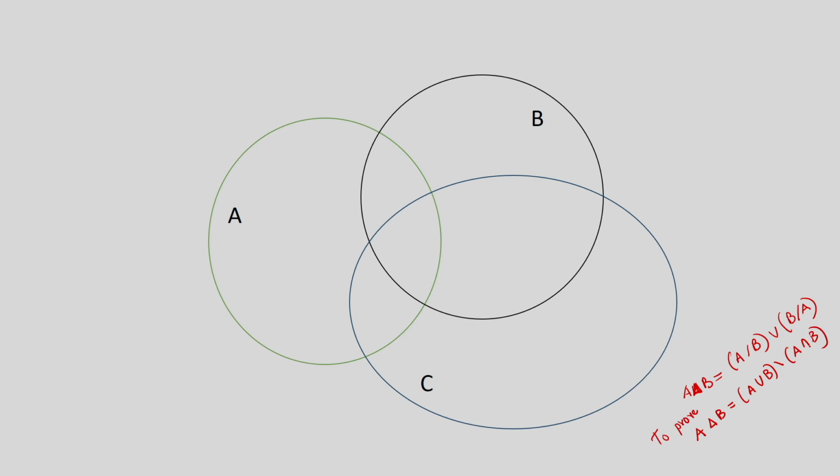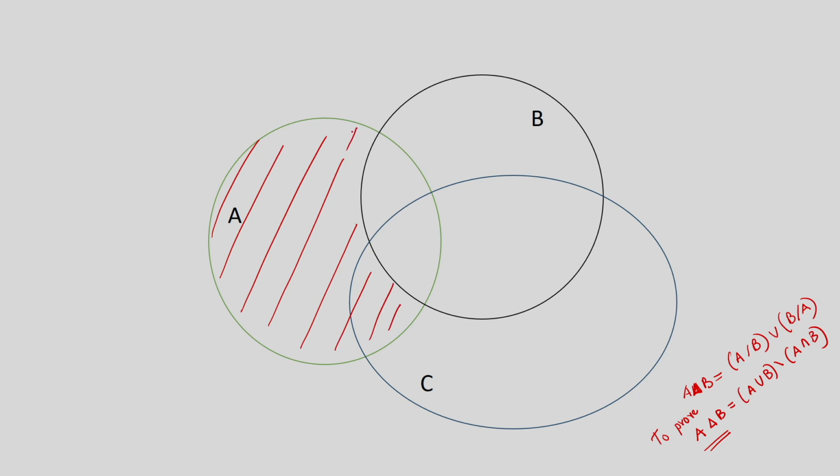All right. So, let us try to prove this one and then we will go to the second question. What is A intersection A delta B on the left hand side? If we go by the definition, we are using this definition, it is A minus B. Now, what is A minus B? Let us suppose A minus B is this shade that I am using here. This is A minus B. So, I am taking all the elements of A, but I am not taking the elements of B. So, this is A minus B,